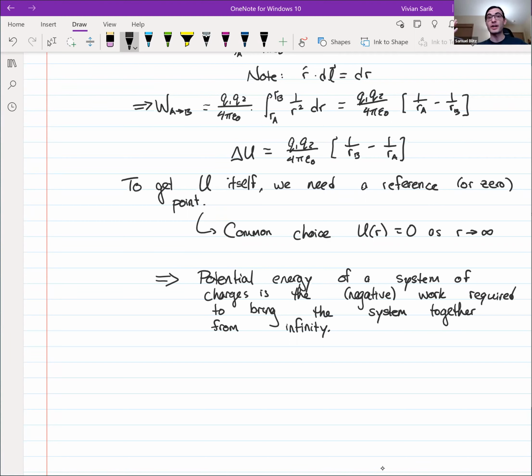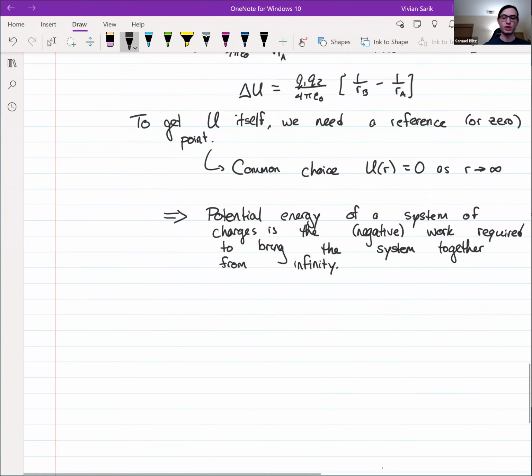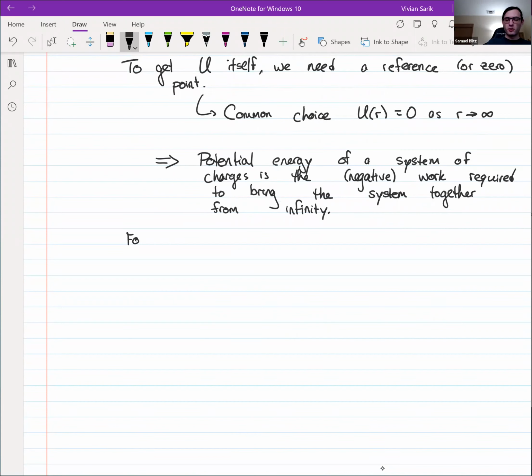And so that's how we're going to define the potential energy of a system of charges. And it's done the same way for gravitational potential energy, or in that case, usually it's called the gravitational binding energy. And so with that reference point for a system of 2 charges, with that reference point at infinity,